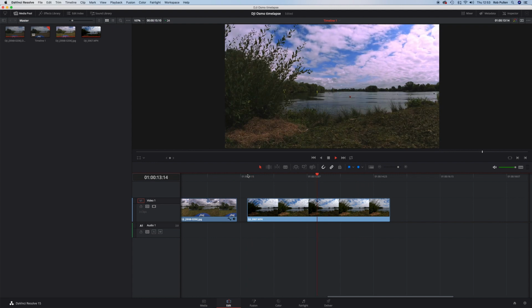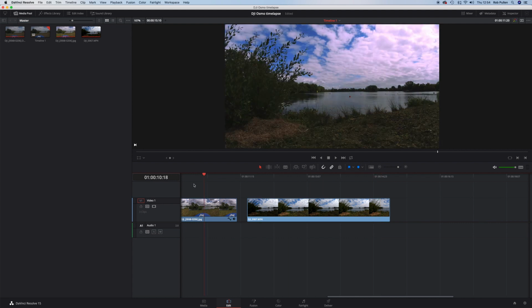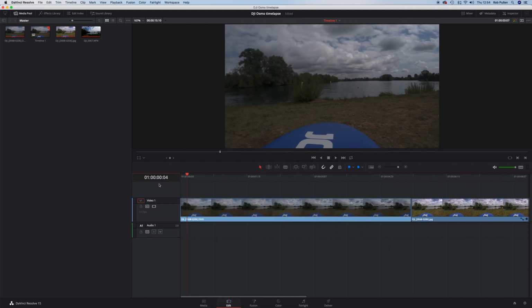It is what it is, and it's perfectly usable for most time-lapse situations, but I just wanted to talk about the fact that you can use the timed photo function as a different time-lapse function in the Osmo Action. I can't even speak. So let's just go back to the beginning, and I'll show you